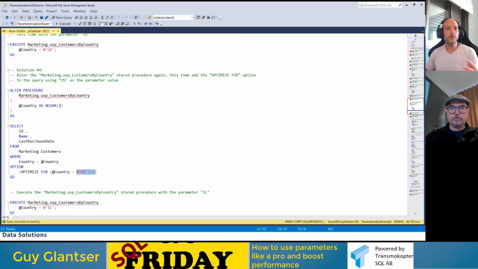And this is a good solution when I am very familiar with the data distribution. And I know that, again, not just data distribution, the workload distribution. If I know that in 99% of the cases, users use the value US, for example, then this might be a good solution. Because I at least want to be able to get the plan for US for those 99% of the users. And I'm willing to pay for poor performance for those 1% and not the other way around.